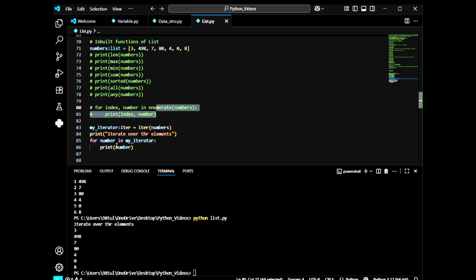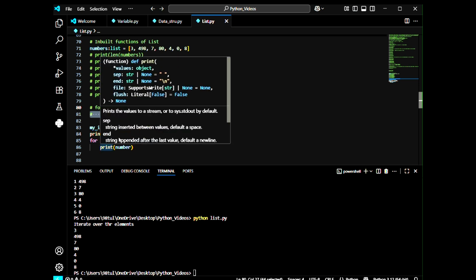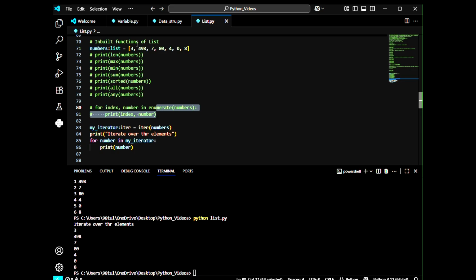As we know, I have stored this list in my iterator. So when I start the iteration, it will first pick the first element of this list, that is the first number, and it will get stored in the variable called number.